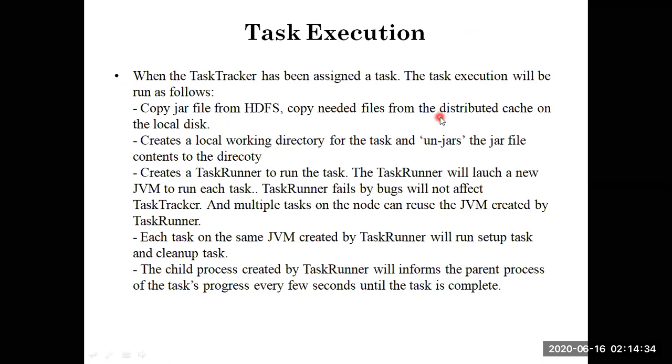The next one is task execution, where the assigned job starts its execution. Whatever task you assigned to a task tracker, the task execution will initiate there. Initially, I need to copy my jar files from HDFS to my local disk. Let me give a small example.